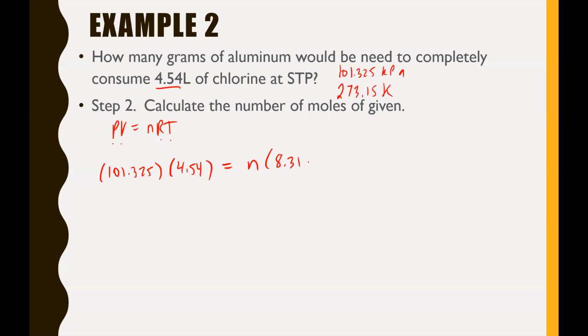R, which is always 8.31. T, which is, what was it again? 273.15. Hopefully you see it again, N all by itself. I would multiply these two things together, and then I would divide away the 8.31, and then I'd divide away the 273.15. Long story short, our N in this case, another really bad phone number type number, is